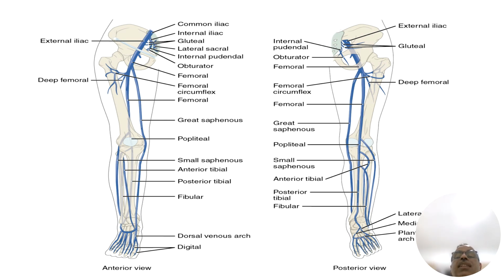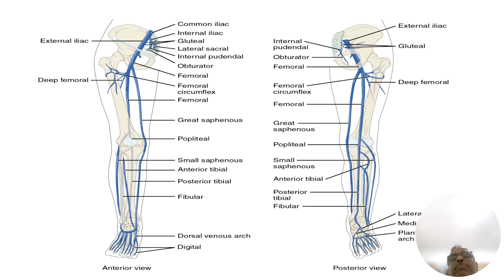Because of this, the blood is also pumped towards the heart by the arterial pulsations, which aids in the pumping of the venous blood towards the heart. So the posterior tibial vein, fibular vein, and the anterior tibial vein join just behind the popliteal fossa to form